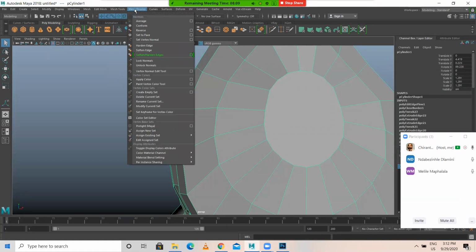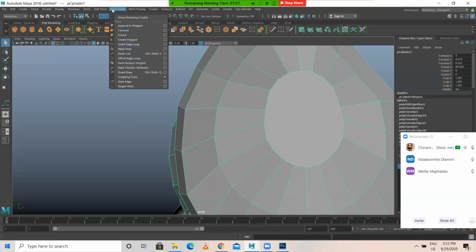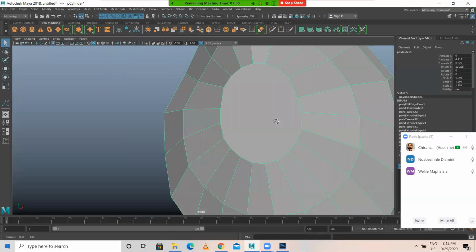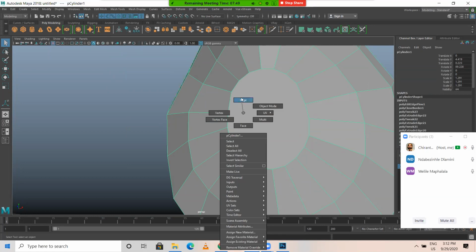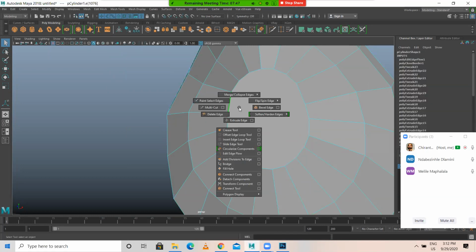So these are the things. There are so many options from the earlier version to this version that they have removed. So that's the thing. And they have rearranged. So there is an option from here to here where we can connect individually. Okay. It's bevel edge, flip, crease to lock certain slide. So